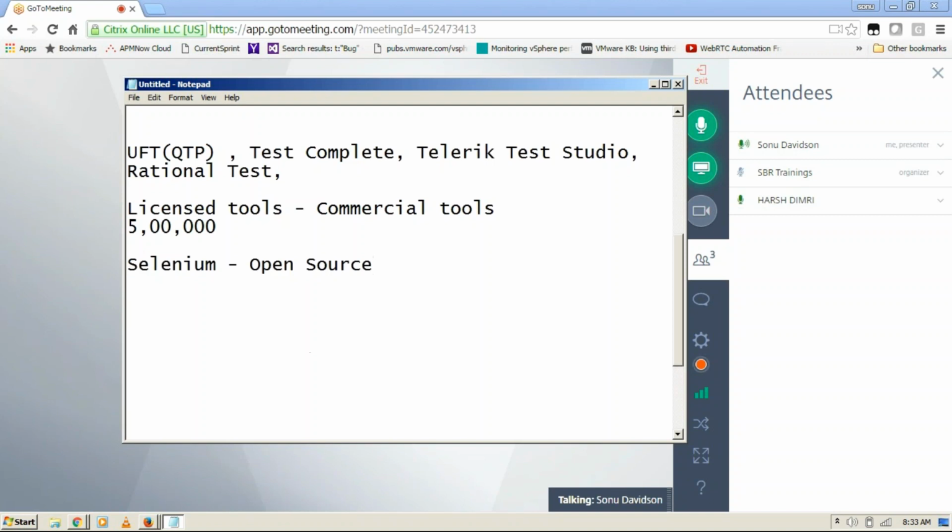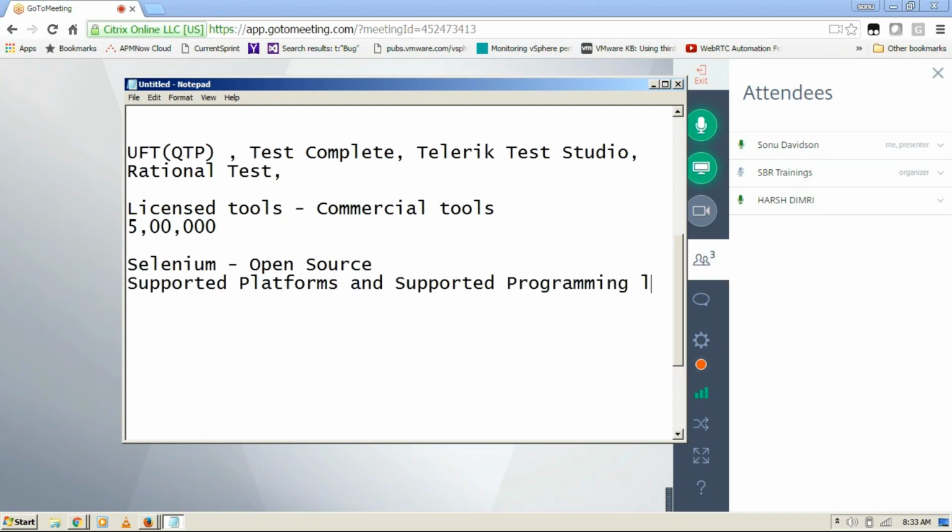And what makes Selenium more preferable is these supported platforms and supported programming languages. Okay, the supported platforms, I mean,